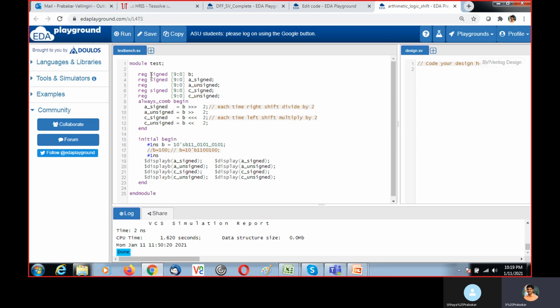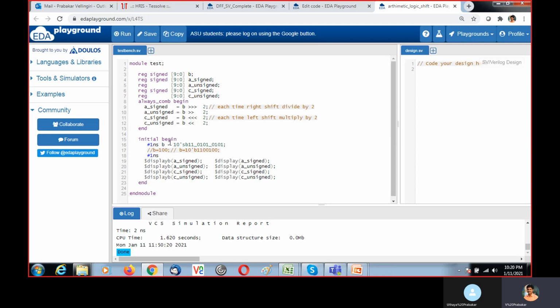So if you explicitly mention the keyword signed, B behaves as a signed variable. A signed variable can hold positive and negative numbers. In the same way, A signed is a variable of 10 bits declared as signed, and A unsigned is an unsigned bit 9:0. The same way, C signed and C unsigned are declared.